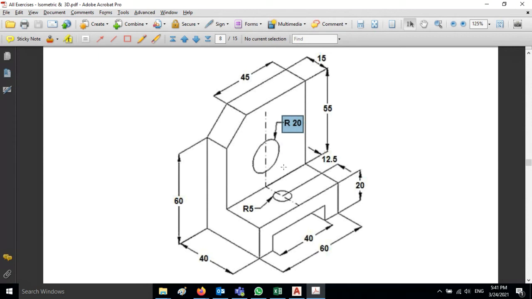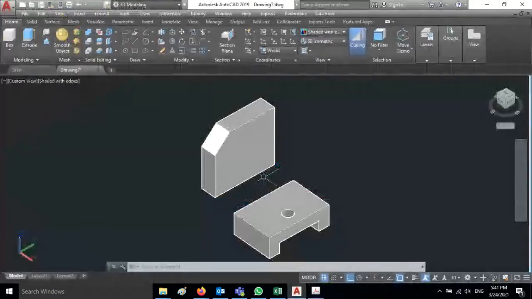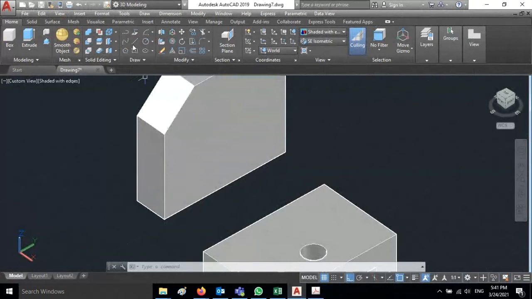We'll take it as a diameter of 20 for this circle. Is there any distance given? This is exactly the center, and if there is no distance given, we can select the center point from any point.